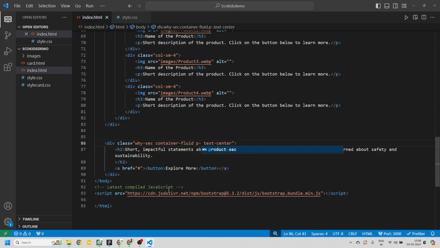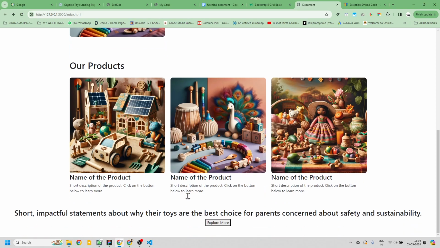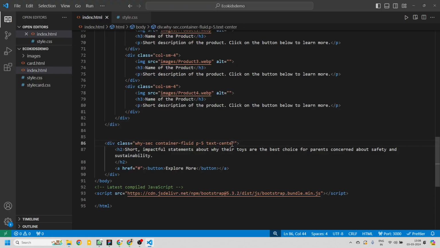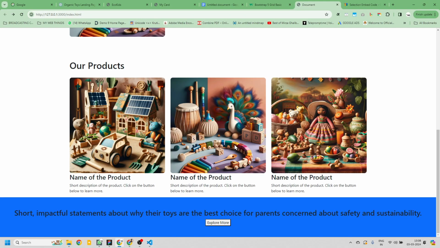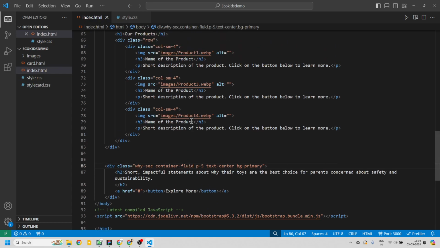You can use p-5 for putting up that margin, and let's use bg-primary just for the primary color. So we have the blue color here, looks very ugly. We can change the color, however, that's not a problem. And for the button also, we can